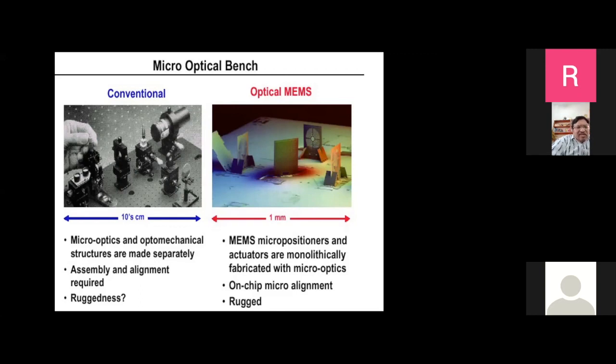If you package it well, you can take this into a field and use it. For example, if I want to construct a Mach-Zehnder interferometer and configure it for some holography application, I can do it like this on the chip. Of course, the power levels and some differences will be there, but the functionality can be similar to what we can get on an optical table. So this is called a micro optical bench.